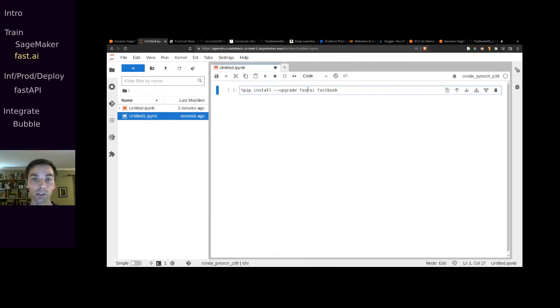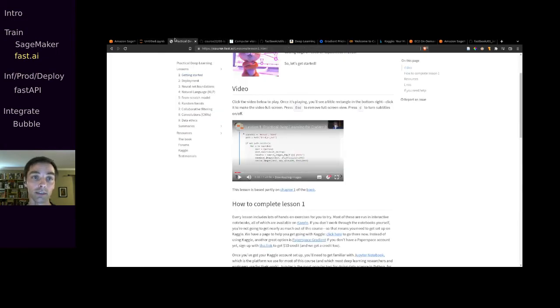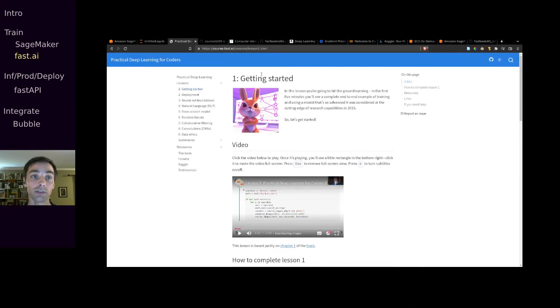So anyway, now that we've installed fastAI and fastbook, the next thing that we want to do is get some data. So what we'll do for that is, we mentioned in a different part of the course that we're going to build a custom image downloader on Google Cloud Platform, but there's some utilities within fastAI that allow us to do that a little bit more easily. And these are mentioned in the first lesson of the most recently released version of the fastAI course. So if you come to course.fast.ai,